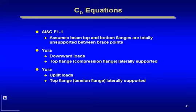Now, there's several C sub B equations out there, and they've evolved over the years. The one that's in the manual right now is pretty darn good in the sense it's pretty flexible. It covers a lot of situations. It's defined as equation F1-1, but it has a basic assumption to it, and that is it assumes that the beam top and bottom flanges are totally unsupported between brace points. You're braced here and you're braced there, and there's nothing in between. Now, obviously, that's a worst case scenario, but unfortunately, there are many cases in real life where